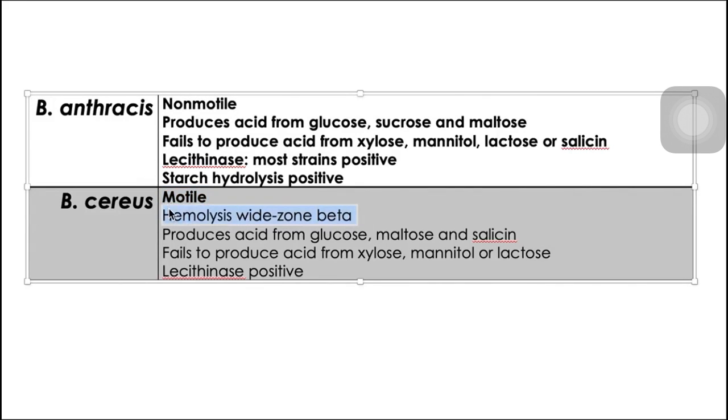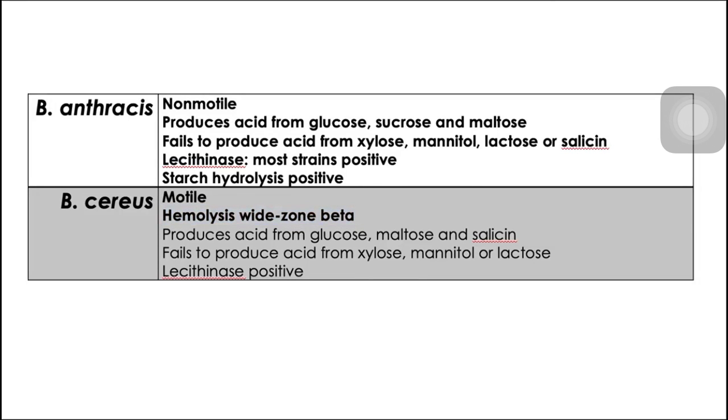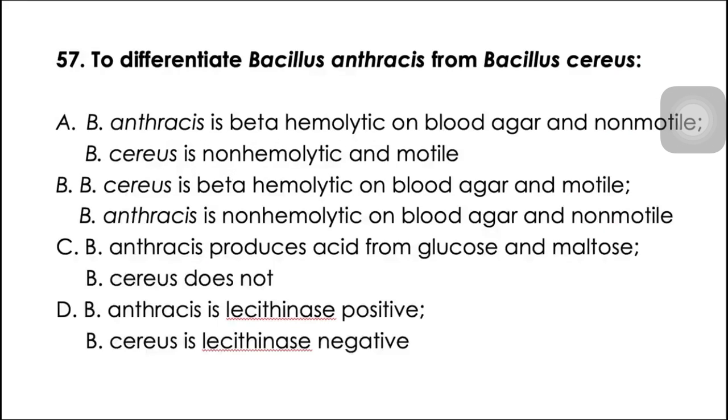Okay, it is beta hemolytic. Okay, next po tayo. Bacillus cereus naman po is the one causing fried rice poisoning, wherein the specimen is the food itself for Bacillus cereus. Number 57. To differentiate Bacillus anthracis from Bacillus cereus, we have letter,